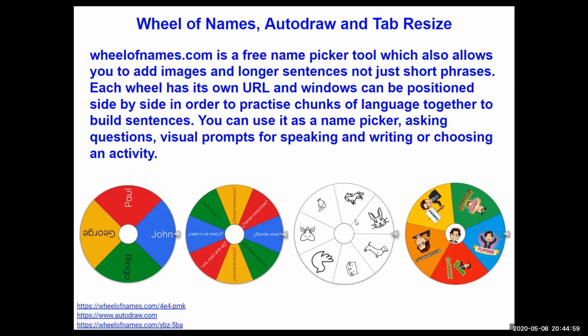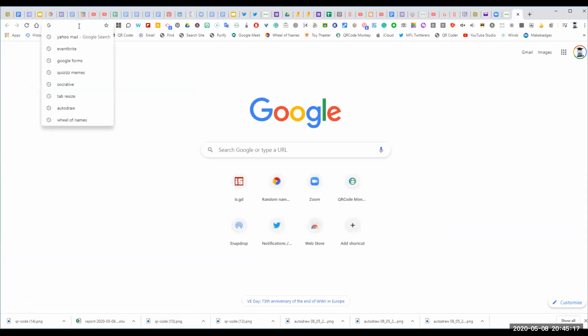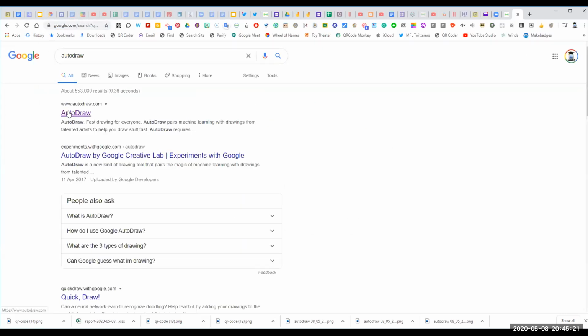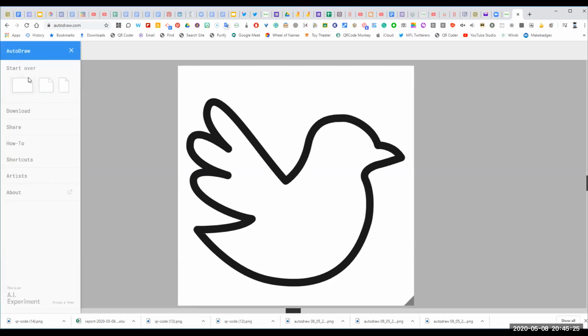I've then used a website called Autodraw, which allows you to draw a picture and then save it, and it automatically suggests an image that it could be. So I drew a picture of a rabbit and it turned it into an actual rabbit. Let me just show you. Let me just click exit here, and I can show you right now live. So I go here and I go to Autodraw. Okay, and that was one I did earlier. So if I click on start over,